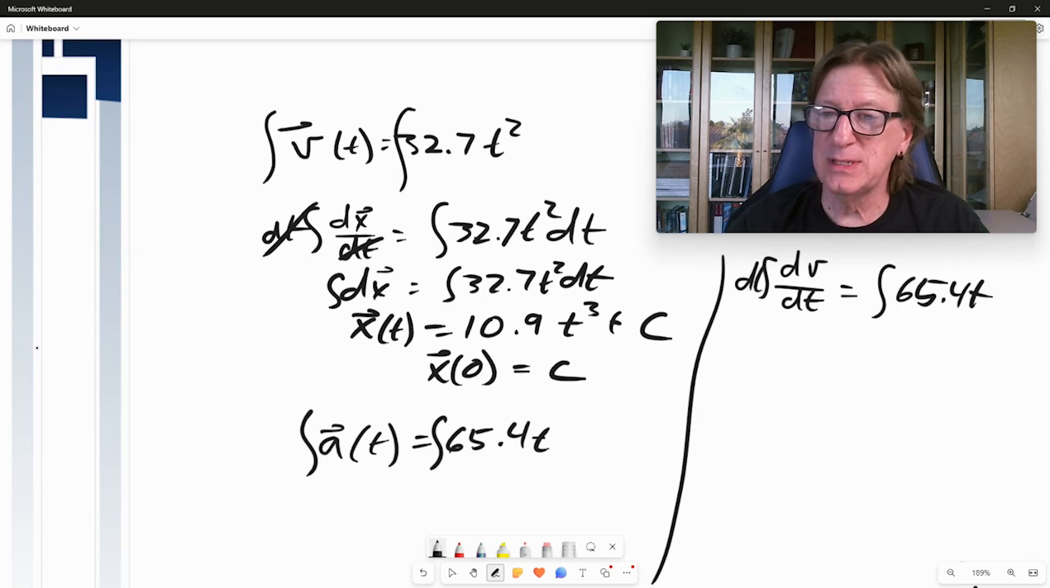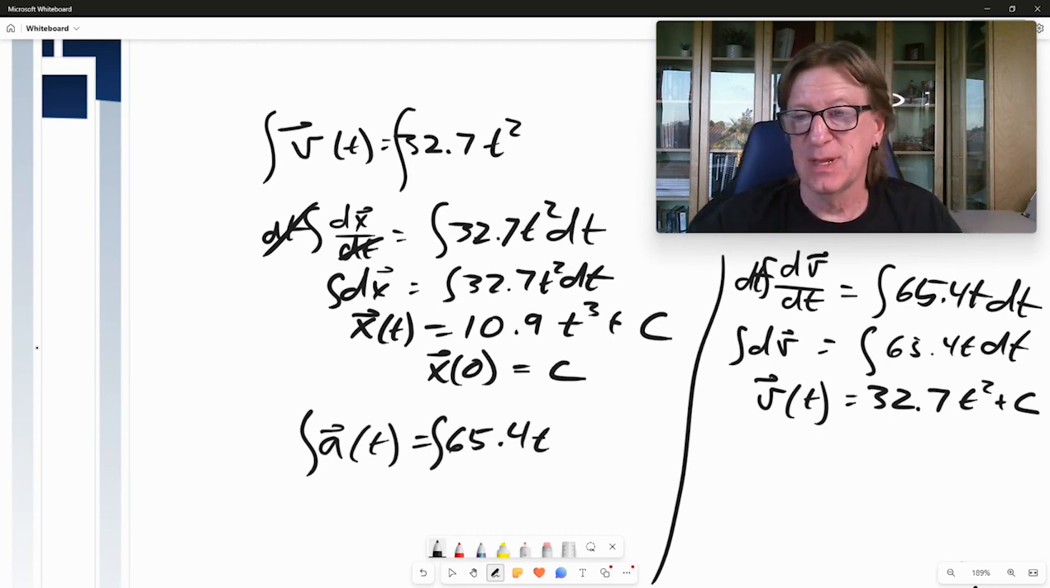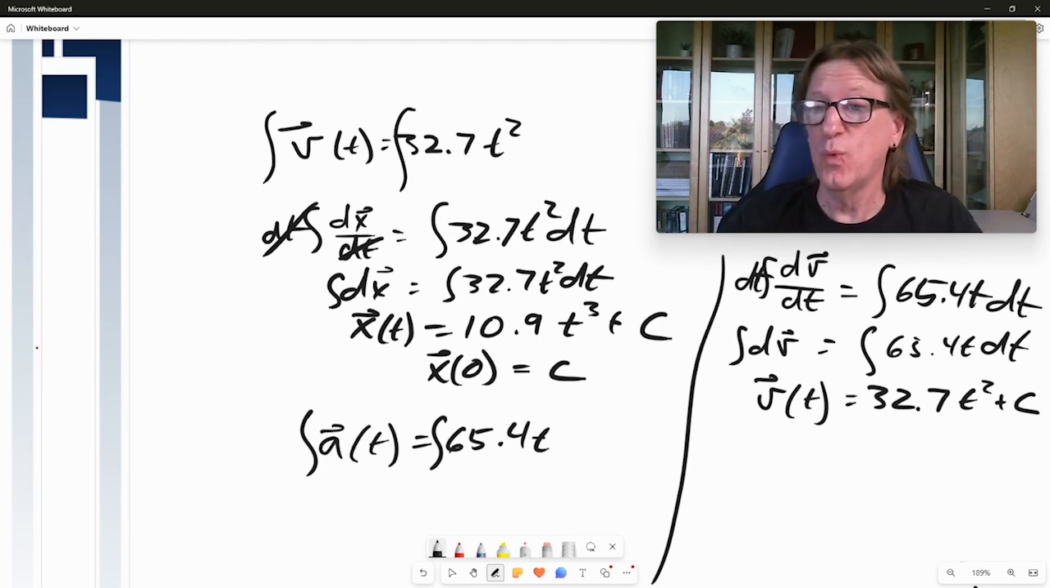Multiply both sides by dt, so they cancel. And I get the integral of dv, these are vectors, equals the integral of 65.4 t dt. And so my velocity as a function of time is going to equal, if we do our math here, we're going to get back to our 32.7 t squared plus a constant. And you see that we didn't have that constant before, but I still have to specify what my initial